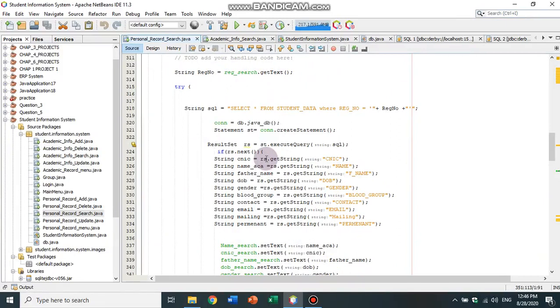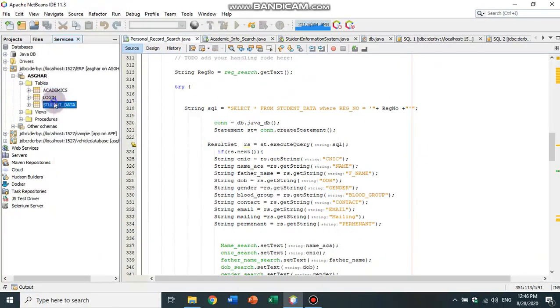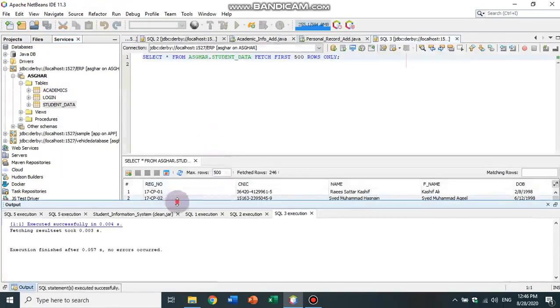As you know, data in a database is stored in rows. So for selecting a particular row, I have made the registration number the primary key and set this registration number as my unique ID. And now I will show you here student data, here registration number.